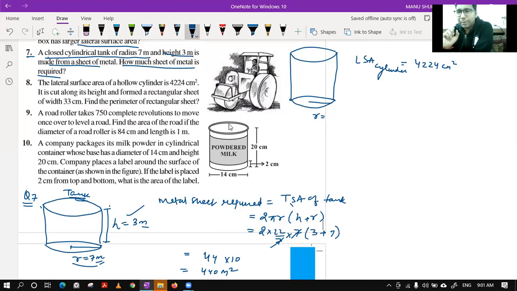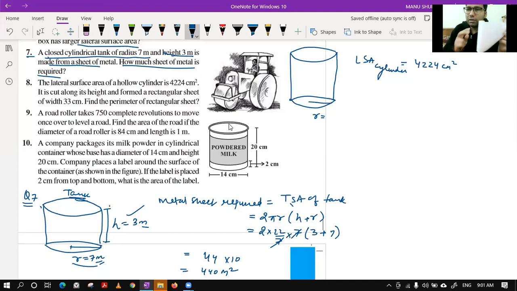So class, it is like a pipe. A hollow cylinder can be seen as a pipe like this. Like this, we are having a hollow cylinder. What they are saying is this hollow cylinder is being cut by a knife or something from this part, and when you cut it open, you obtain a rectangle like this. Soham, is this point clear to you?